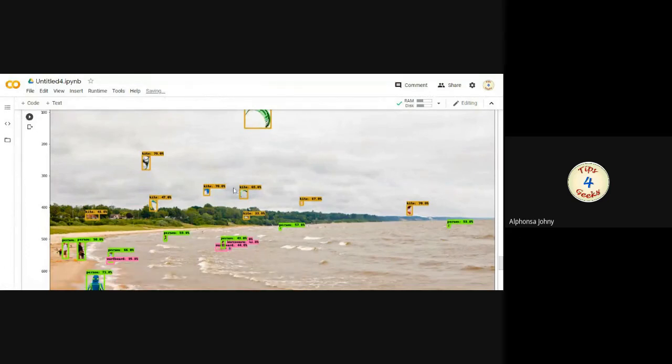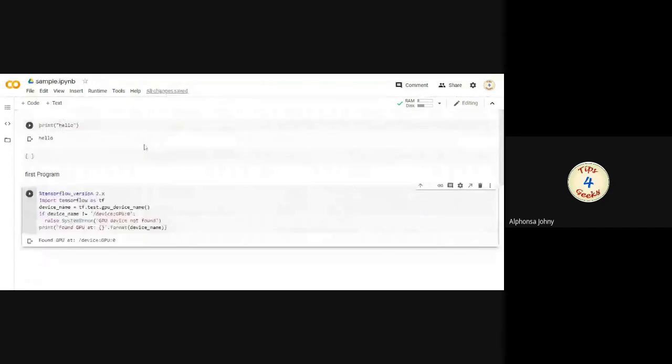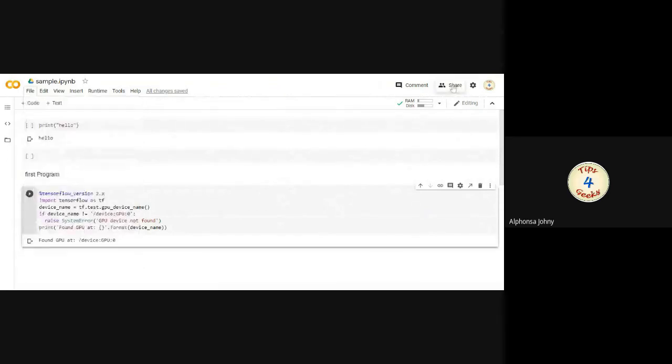Another advantage I would like to show is that after running or developing a particular application, you can save your applications in Google Drive. So we can download these applications from anywhere at a later point of time, or you can save a copy in a GitHub repository. Then there is another option: you can share the developed applications with your friends.